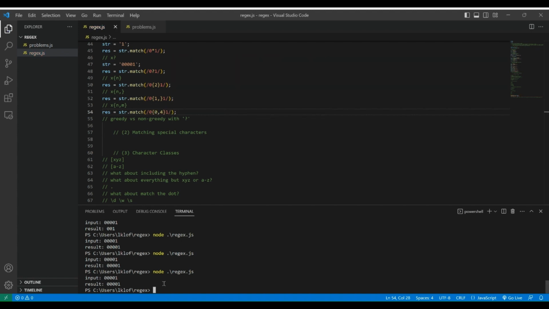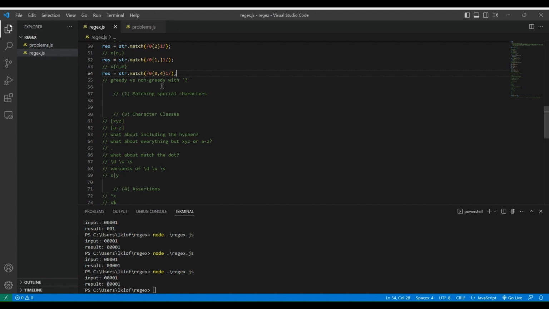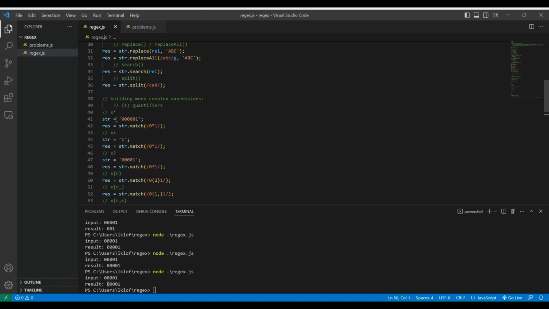And if we run it, we just get the same thing as the previous time, just because the matches all 4 zeros. If we had 5 zeros, it would still match it, but it would not have the first 0 there. Now, something to note about the question mark is that it makes these quantifiers become non-greedy, because right now